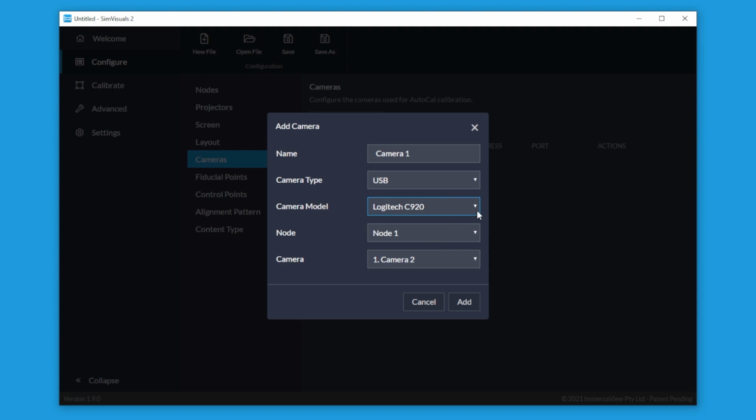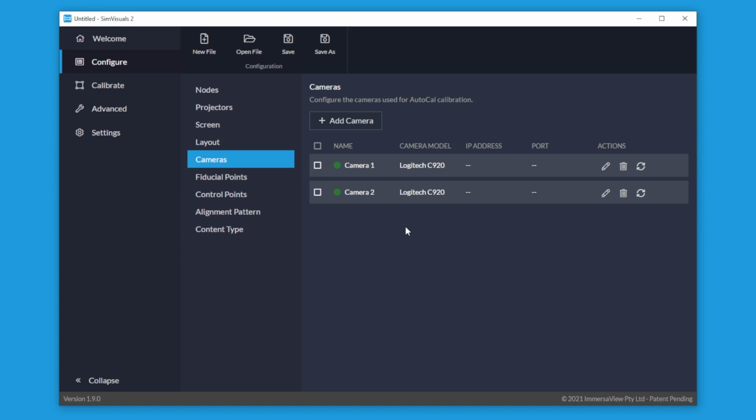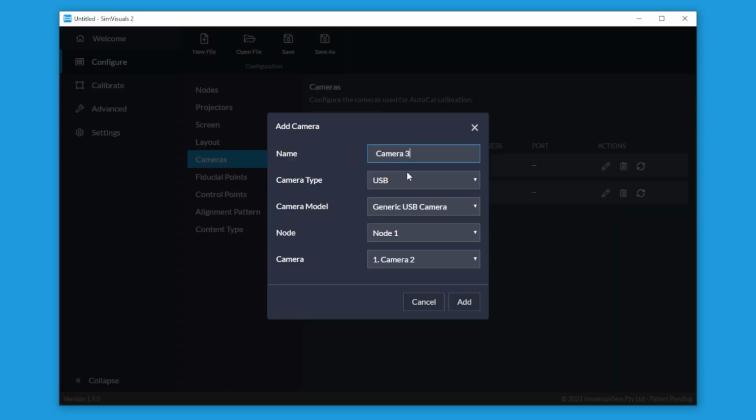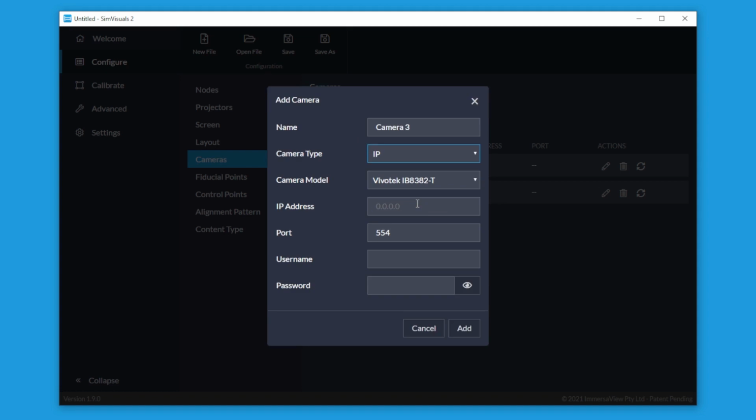Now that we've told SimVisuals which lens profile we're using, we can select which node the camera is connected to. In our case, we only have one node, and then we can select our camera. We've got 2 cameras, so I'll go through the process again. So now our 2 cameras are added. Let's have a look at the process for IP cameras. If we choose IP cameras, again we select our model.